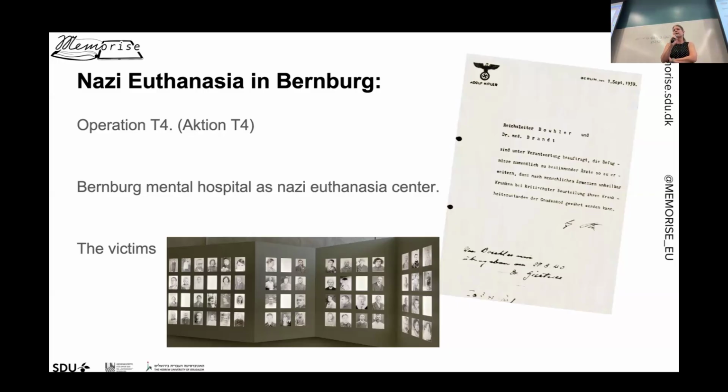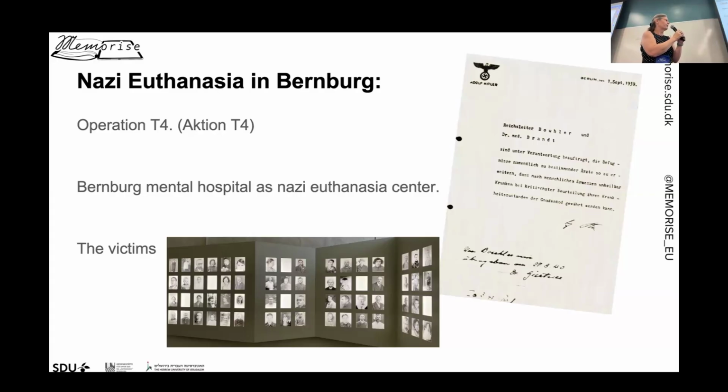And when you get to the crematorium, there are images of all these victims, not all 9,000, but there are a lot of images of real people. So even if you are, I wouldn't say untouched, because I don't think that's possible, but when you get to this room with all of the images, it becomes very real that these were real people killed just for being who they were. Most of them were ill,